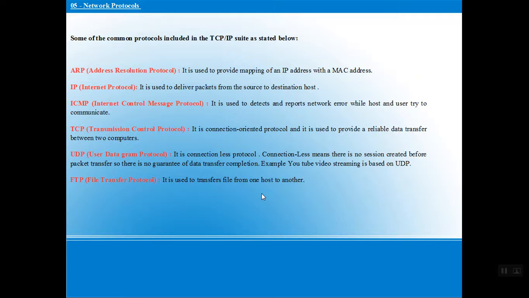Or TCP, that's Transmission Control Protocol. It's a connection-oriented protocol used for providing reliability for data transferred from one computer to another computer. UDP is connectionless. It is not as secure as TCP. Connectionless means there's no session created before packet transfer from source to destination. It just throws the packet to your destination. The packet will not be acknowledged, you just send it and throw it out of your network